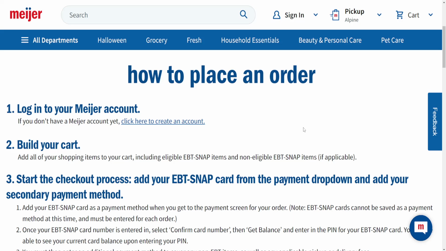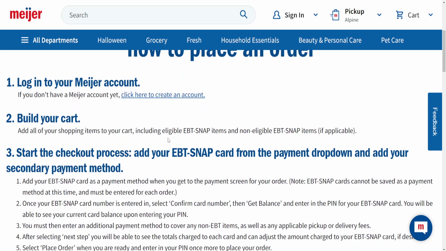In this video, we're going to talk about how you can use an EBT card on the Meijer app. So what we want to do is just first, if we don't have one, we can create an account. And then once we have our account ready on the Meijer app, then we can build our cart. So basically add all of your items which we want to purchase, including eligible EBT SNAP items and non-eligible EBT